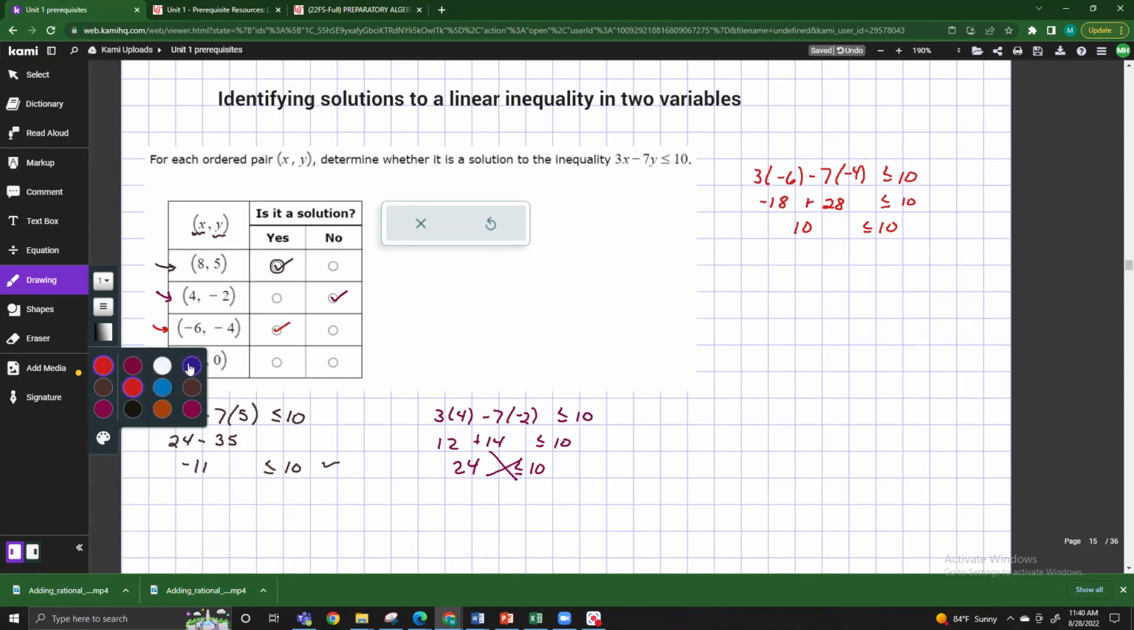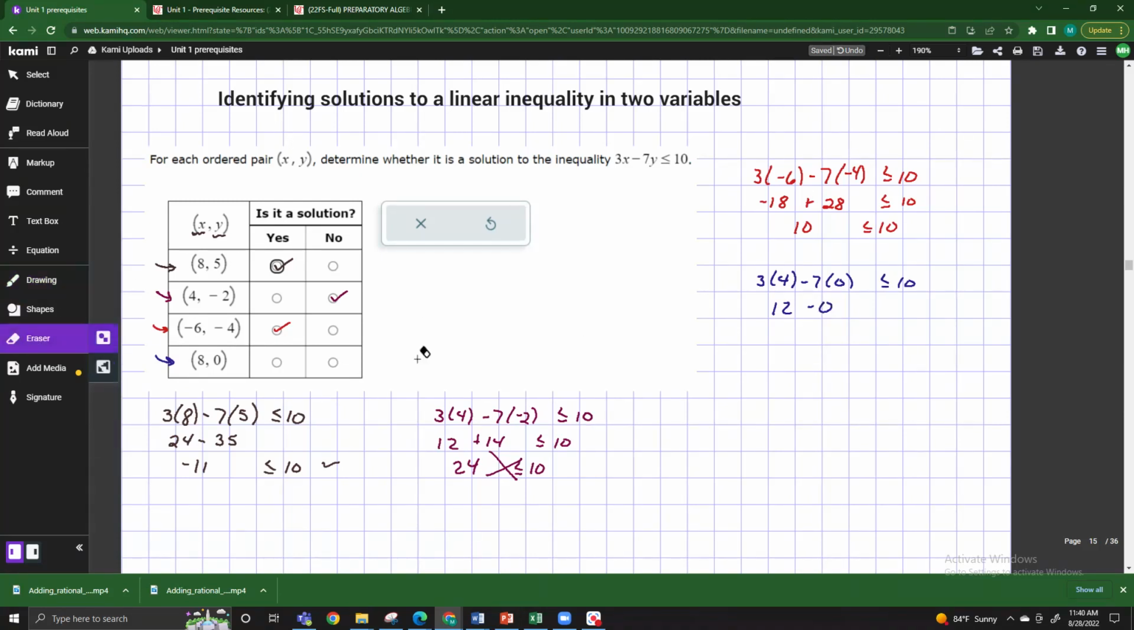And then the last one is I get to plug in an 8 and a 0. I love plugging in zeros. They're less work. 3 times 4 for x, minus 7 times 0, is that less than or equal to 10? So 3 times 4 is 12, minus 7 times 0 is 0, that I put in there wrong. We are going to fix this. 3 times 8,